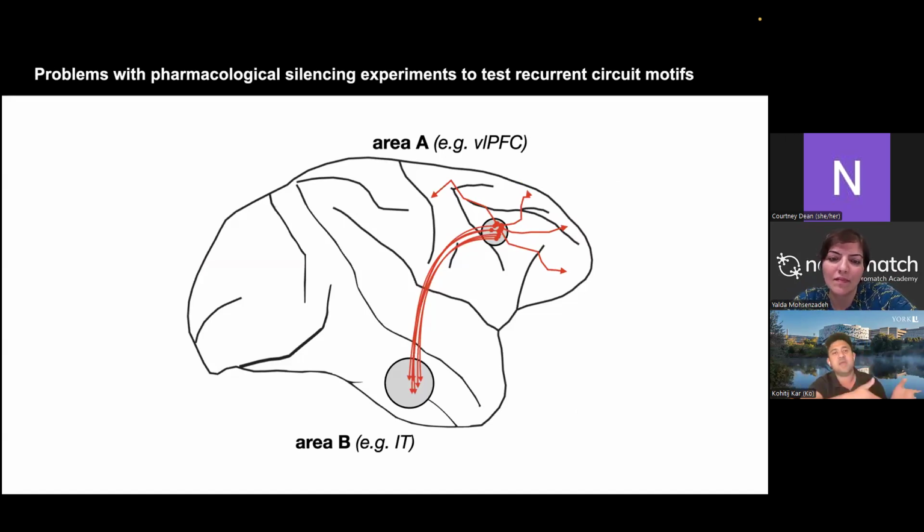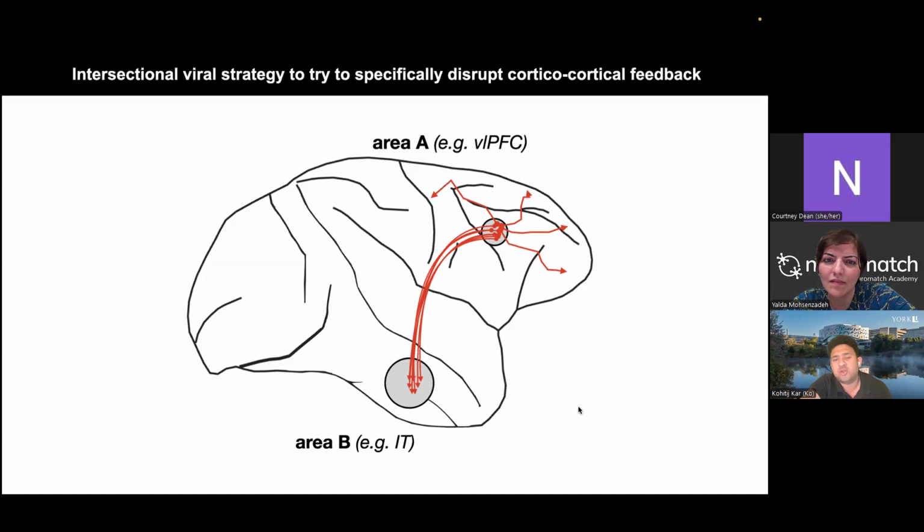So this is another type of methods development that I'm very interested in. I did a little bit of that during my postdoc, and we're continuing to do that in my own lab. So how do you do that? You can gain tools from the rodent literature and keep testing them on monkeys to see what works. The idea has been tested in rodents, and in some sense it's pretty simple.